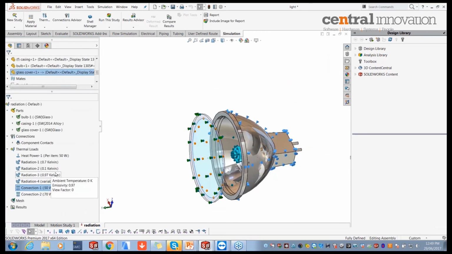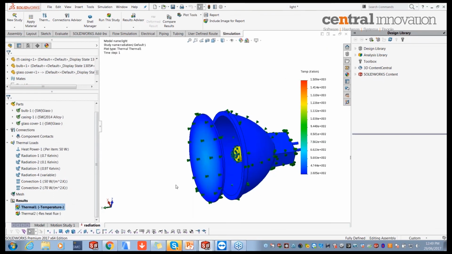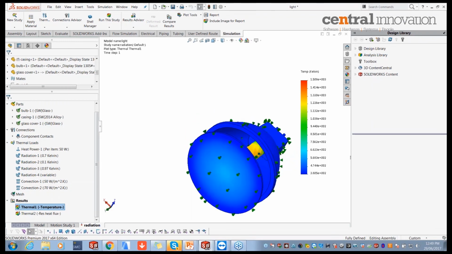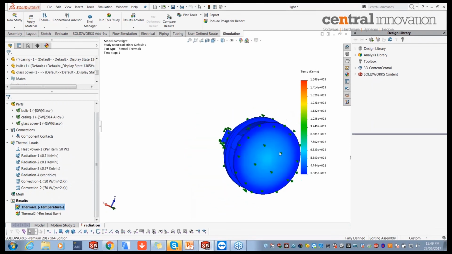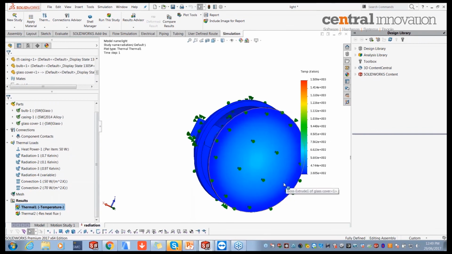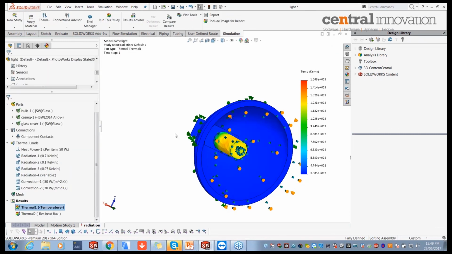Once you run the analysis, you're going to get a temperature result purely due to the heat power and the radiation effects of it. If you want to have a better look at it, I'm going to hide the glass cover first, hit the tab key and reactivate the plot. And afterwards,